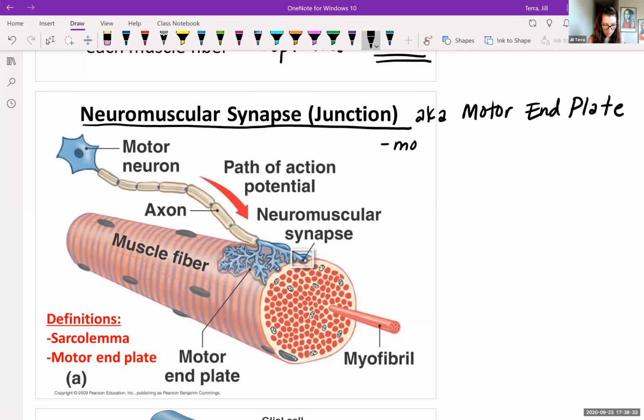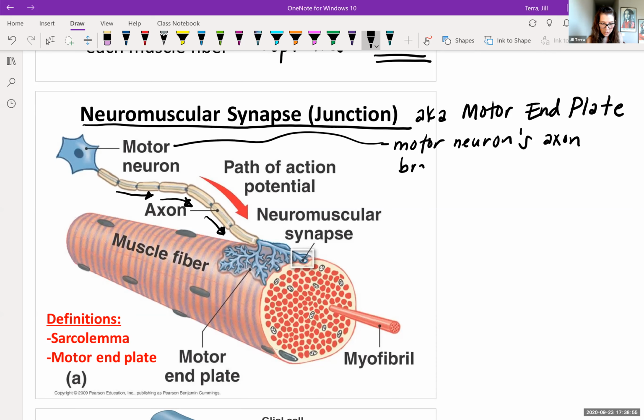We see that it's the motor neuron, as we see right here, with its axon that's carrying the electrical signal traveling down the axon, right? And then we see, whoa, look at all these branches, right? So all of this branches. So the motor neuron's axon branches a bunch of times into tinier and tinier little pieces, till it finally penetrates through